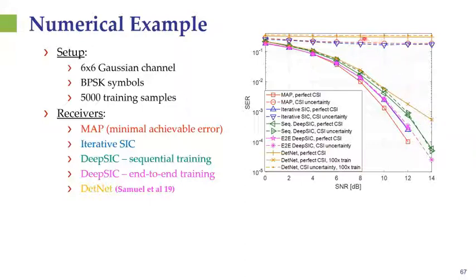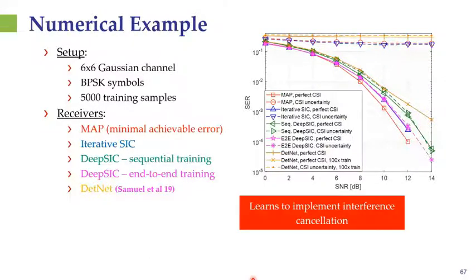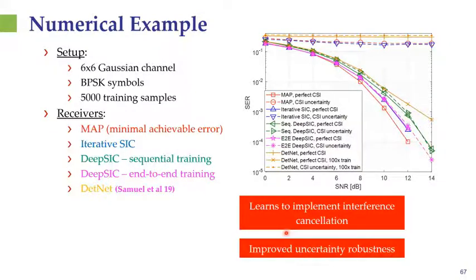The performance it achieves here, this very poor performance, is what happens when it is trained using the exact same number of training samples. Furthermore, we again see that not only are we able to learn to implement interference cancellation from a small training set, we also obtain improved robustness to uncertainty. Again, we can plot here the curves, the dashed curves are the same model-based algorithms, but here they have inaccurate knowledge of the underlying channel. As we can see, they deteriorate significantly.